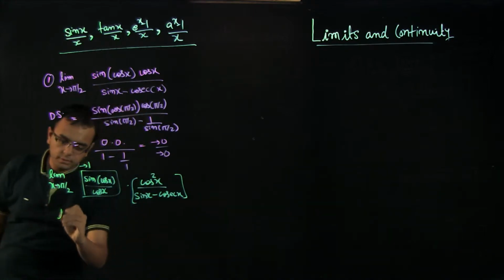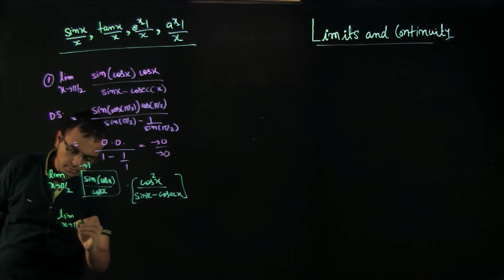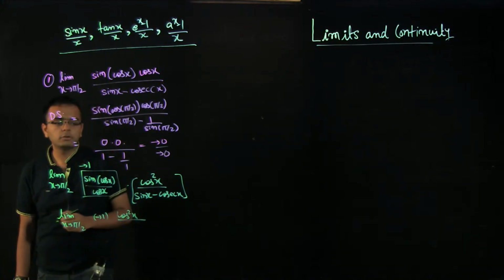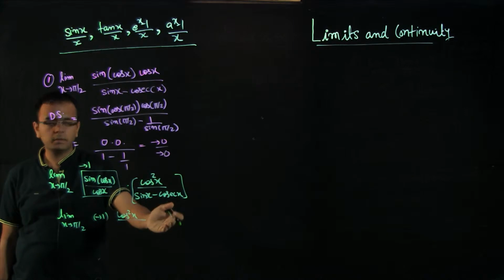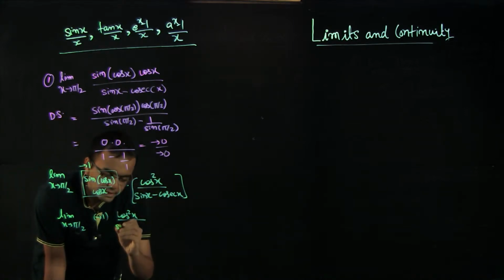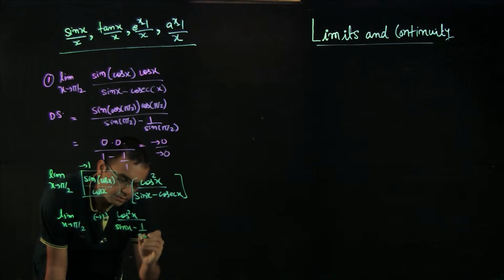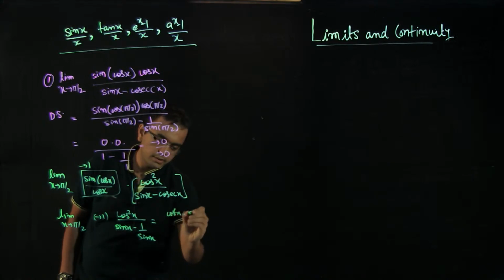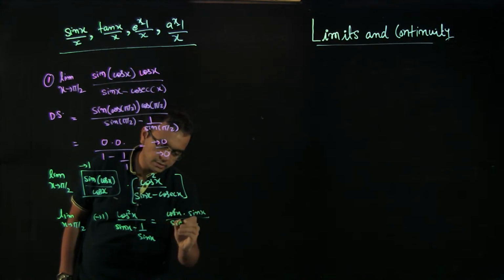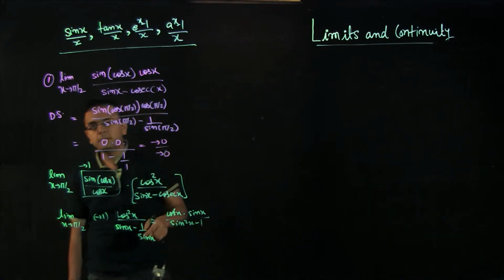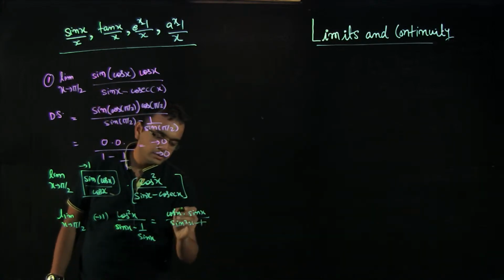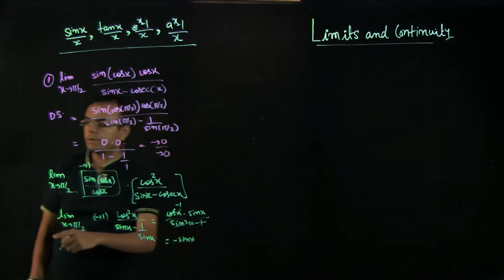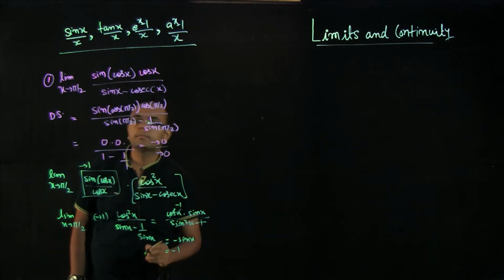So we have the limit, and we can make the first part approach 1, times cos square x. Now I should naturally replace cosec x as 1 by sin x. So this becomes sin x minus 1 by sin x, which equals cos square x into (sin square x minus 1) by sin x. And sin square x minus 1 is minus cos square x. So this would become minus 1, and the answer is minus sin x as x approaches pi by 2, so this would be minus 1.